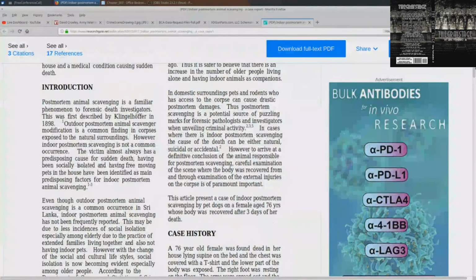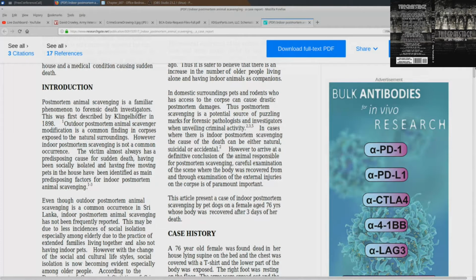Anything else on the animal scavenging here, or else we'll get back to the notepad. That's a good article here. I want to make sure people, if you do want to read this case study, it's posted on researchgate.net. And thank you, Justin, for finding that and for posting that. I will be reading through this very thoroughly later on. I've been looking for things like this, and things like this are a lot better than some of the other articles that I've seen. Just put it like that.